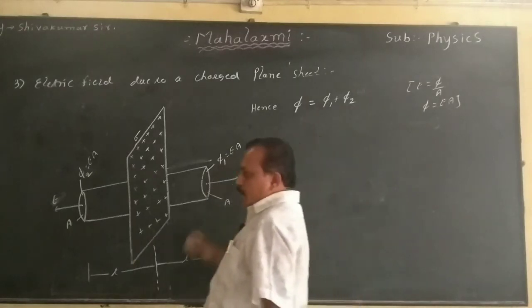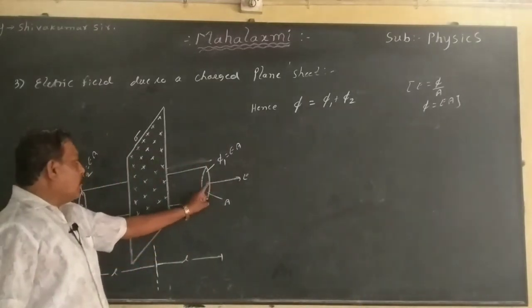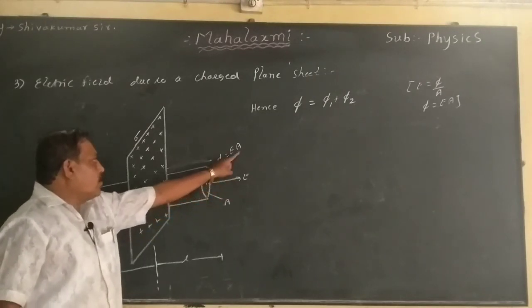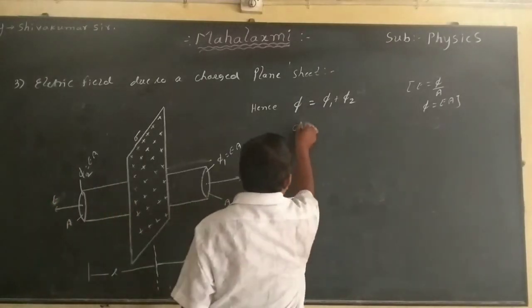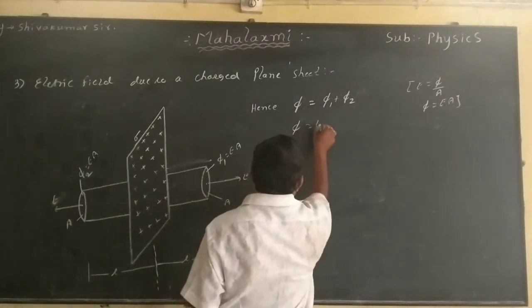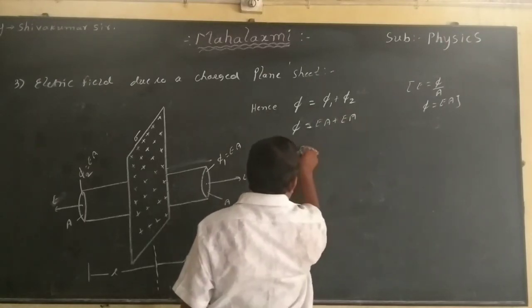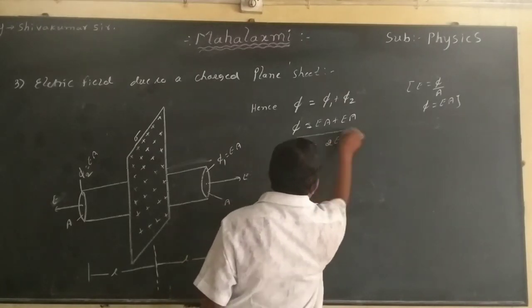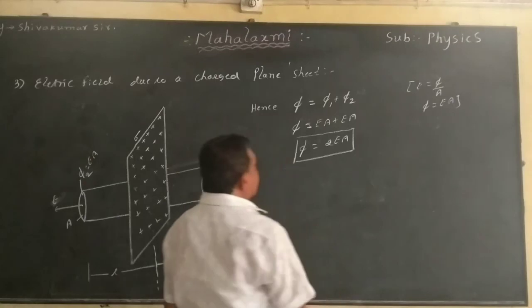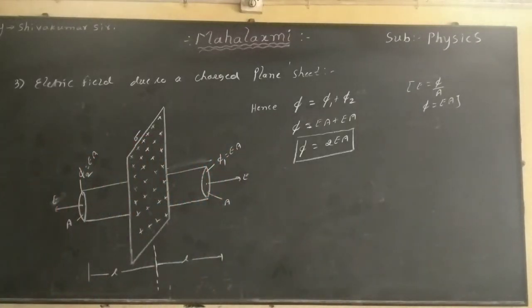This surface encloses the charges of uniform cross-section area A. What is electric field E? Then phi1 equals E into A. It is having the surface area A. Phi2 equals E into A. Then the total electric flux phi equals E into A plus E into A. What is that? Total electric flux phi equals 2EA. Right? Now this is the total electric flux through